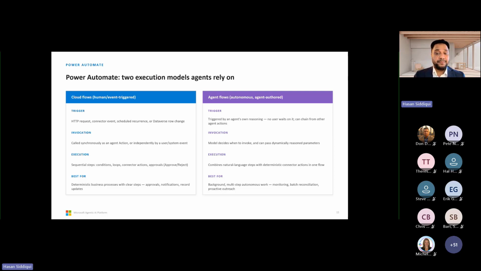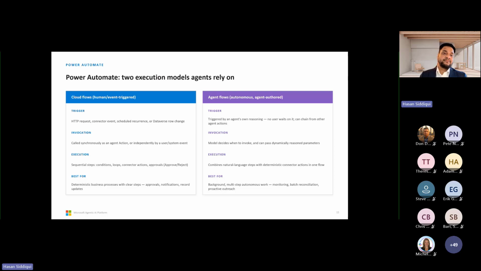That also lets a flow author say things like summarize this in a way that fits the vendor tone, or write text to a row, update the Dataverse row step. As a rule of thumb, use cloud flows with classic connectors for how the process is going, reconciliation, monitoring, and batch outages. Agent flow is how the flow is reasoning. So this is very important.